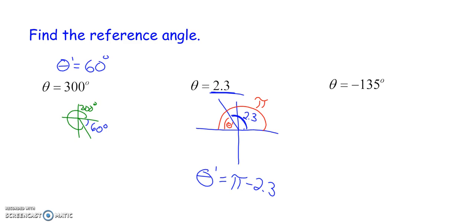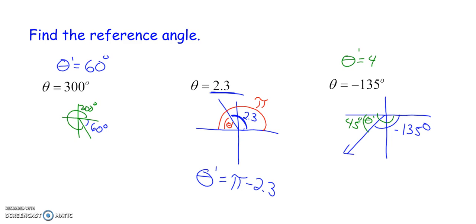Negative 135, if I was to draw this, negative 135 would come out into quadrant 4. That would be negative 135 degrees. Again, my reference angle falls between the x-axis and my terminal side, so I need theta prime, my reference angle. Well, I know the whole half is 180, so this part has to be 45 degrees. My reference angle, 45